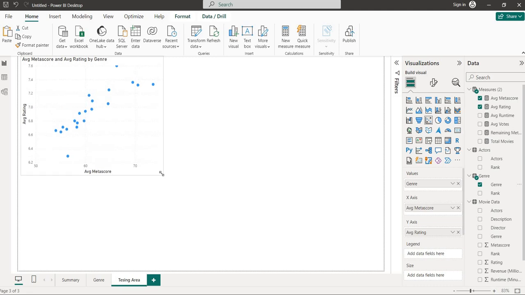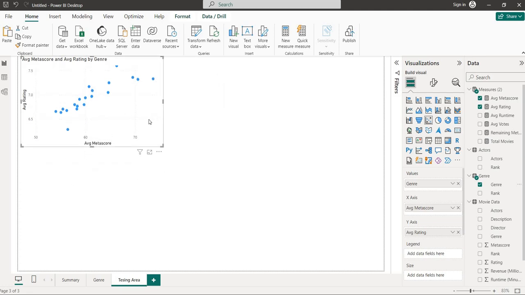So now you can see that for genre war, Metascore is 66.3 and average rating is 7.6. On a similar basis, you can see history. For history, average rating is 7.33, Metascore is 73.64. So like that we can do very good analysis with the help of scatter plot.